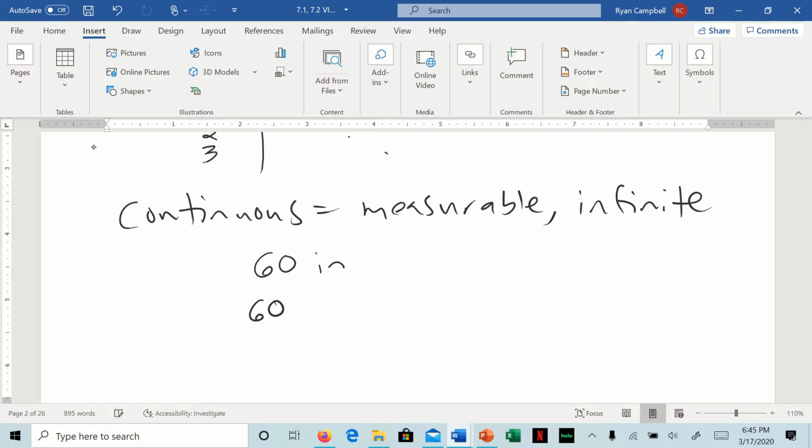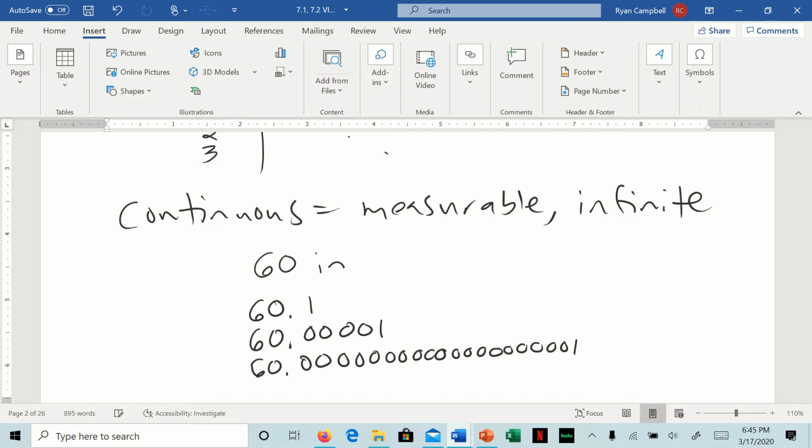If you wanted to be a little more exact, you could be not just 60 inches, but 60.1 inches, or 60.00001 inches, or 60.00000000000000000000001 inches. I think you might get my gist. You can just keep on going forever. And since there is literally an infinite amount of numbers between just 60 and 61 inches,